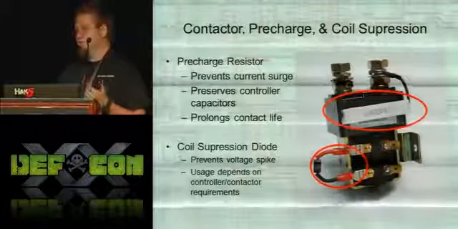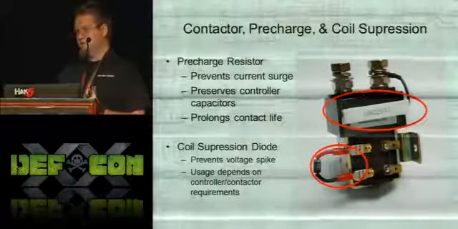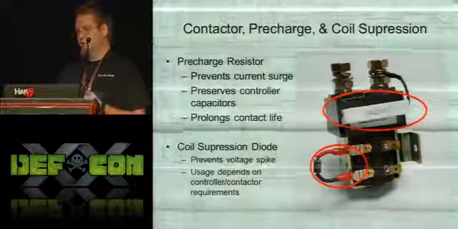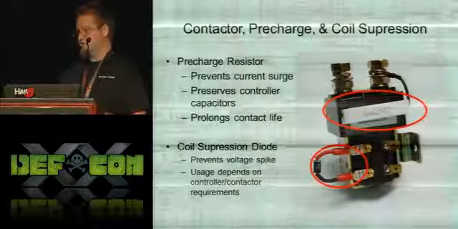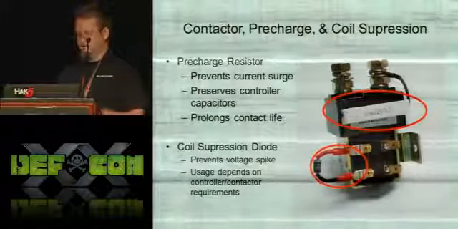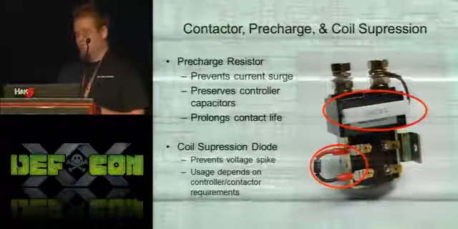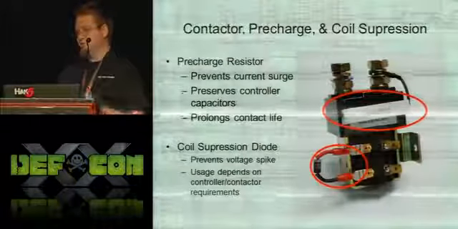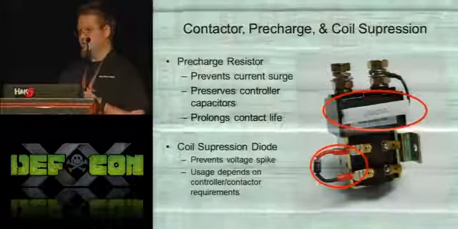So what you do is you stick a resistor in the circuit, and that way you can control how much resistance is there, how much current goes in. So you give it 5 or 10 seconds to charge up the capacitors before you turn on your full contactor, and that way you protect your controller. And also, it protects the contactor, because if you're pushing infinity amps, you basically have a spot welder,